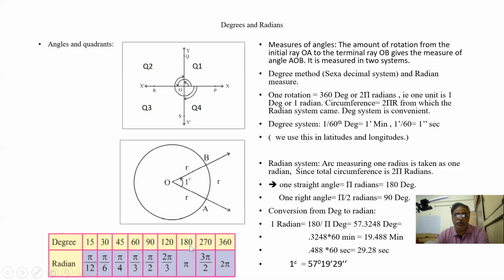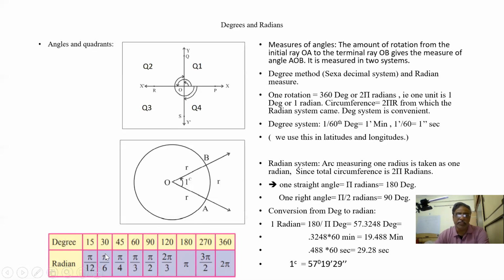Normally, if it is given that the quadrant is between pi and 3 pi by 2, pi is 180, 3 pi by 2 is 270. That means this is the third quadrant. If it gives pi by 2 to pi, this is the second quadrant. 3 pi by 2 to 2 pi is the fourth quadrant. So this is given in pi, this is given in degrees.